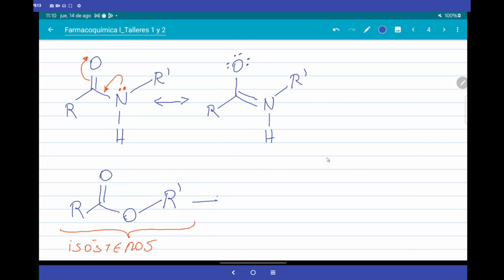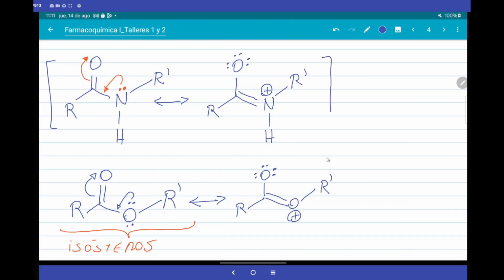The same thing happens below. Then below, we can say, well, this oxygen has two electronic pairs, and one of them can also make resonance. I am not going to bother you with finding complex resonance structures, but if you remember something basic, a movement of an electronic pair, in this case there is positive oxygen and positive nitrogen. Then, from the point of view of resonance, in both cases we are generating two resonance structures, which are called mesomeric forms.